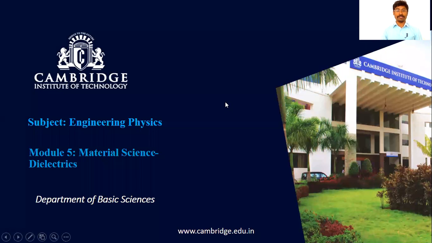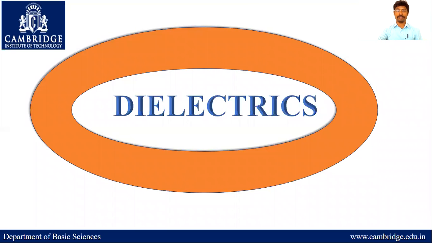Welcome students. Now we will discuss engineering physics module number 5, material science. In that material science we have divided into three parts: conductors, semiconductors and dielectrics. In the dielectrics we have discussed about